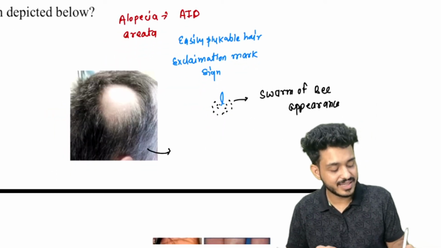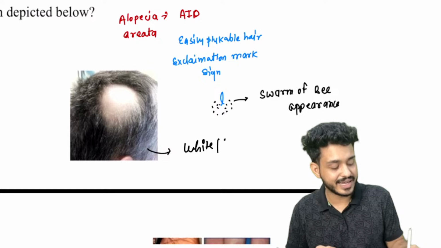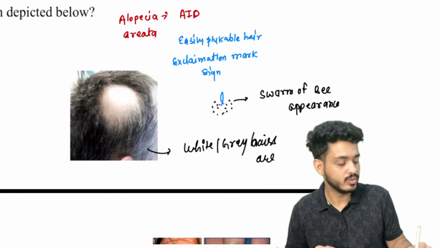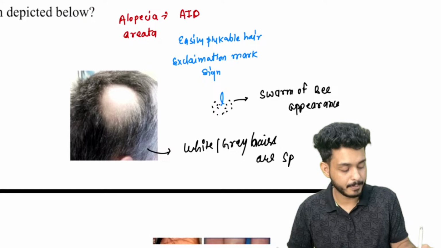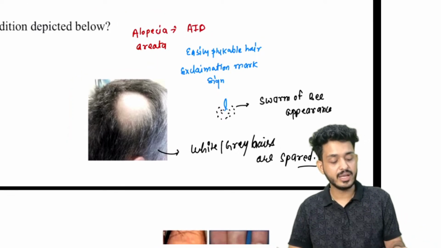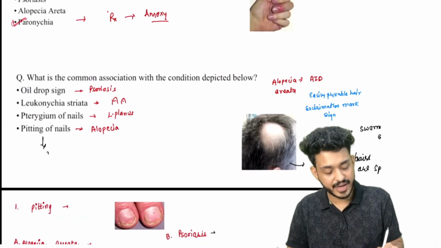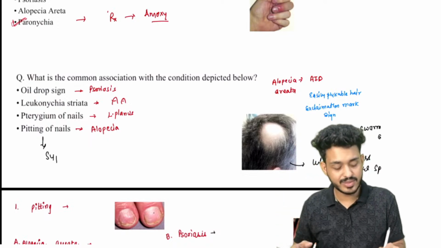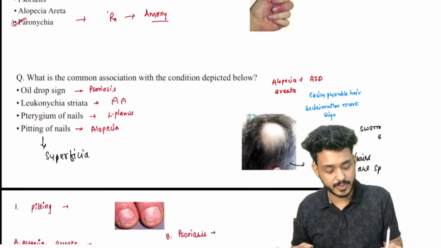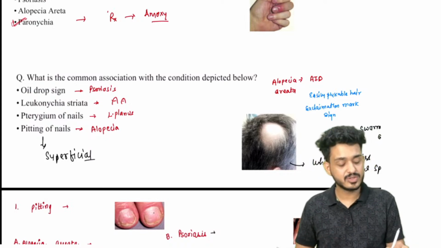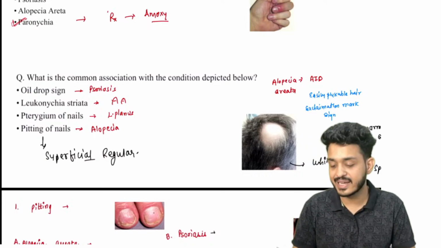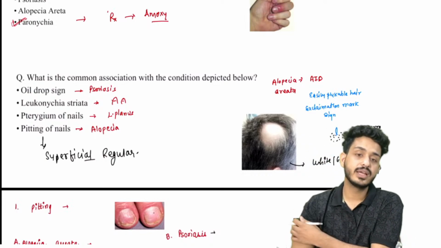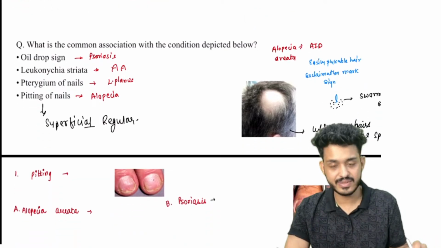One phenomenon that I have told you is that white or gray hairs are spared. We don't know the exact cause for this, but gray or white hairs are spared in alopecia areata. What kind of pitting will you be finding? I've told you it would be giving you superficial pitting, superficial regular pitting. Irregular pitting we have seen in the cases of